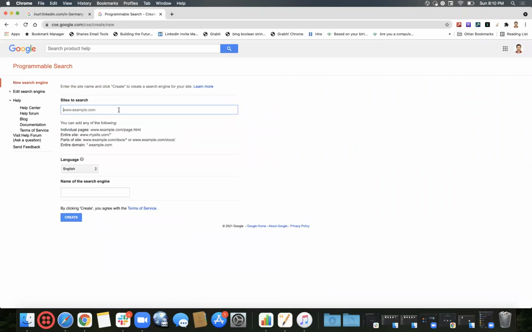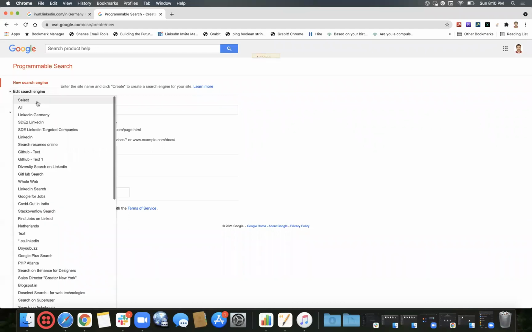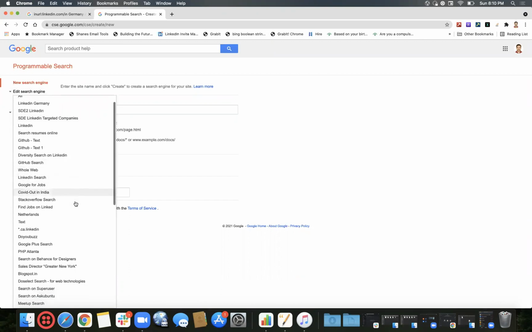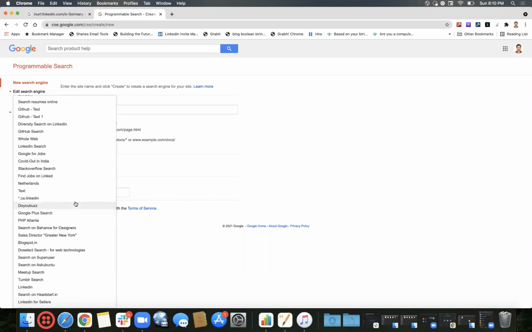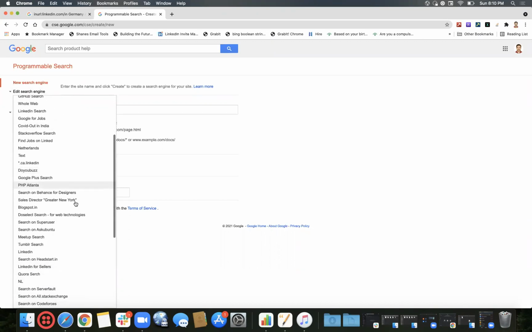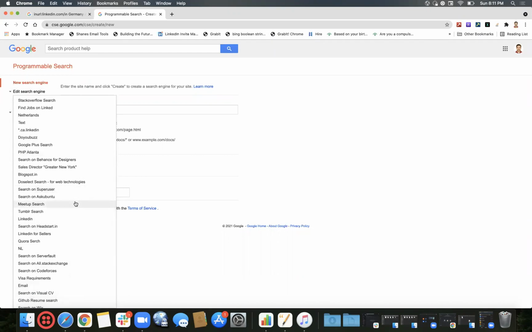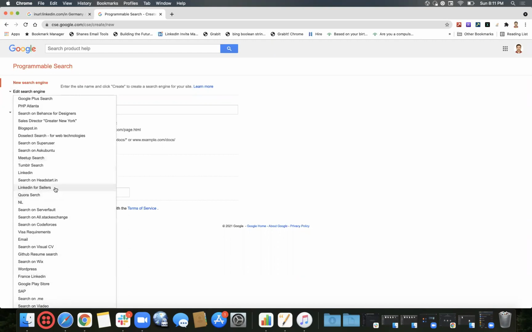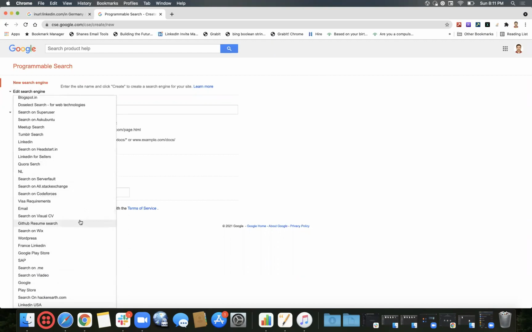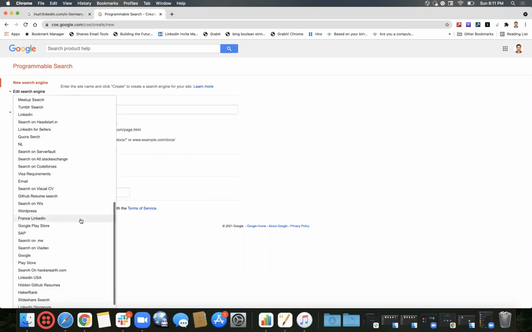Whatever site we're trying to search, we can give the name of that particular site. If you see here, there are a number of various sites. Most of them are from LinkedIn, but otherwise GitHub, Whole Web, Google for Jobs, Stack Overflow, Meetup, AskUbuntu, Super User, Serverfault, Stack Exchange, WordPress.